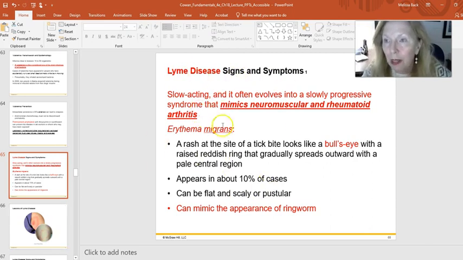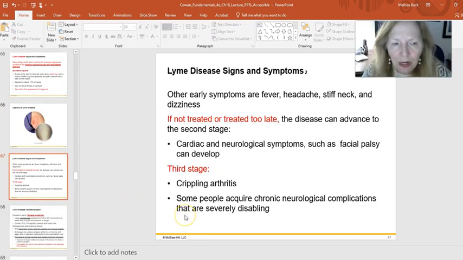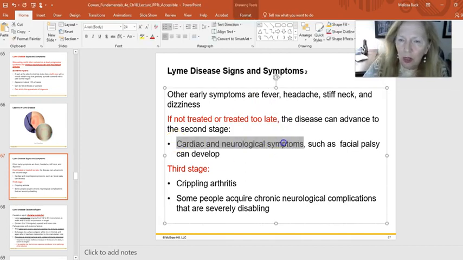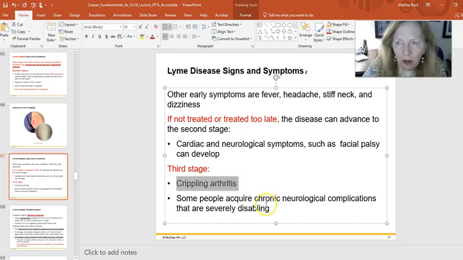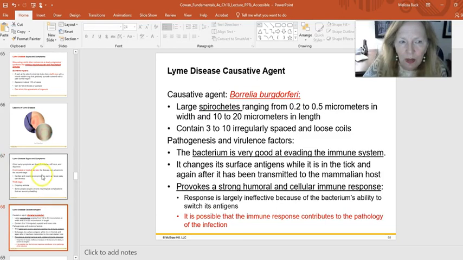The important thing about Lyme disease is that the treatment happens in the early stages. And it's antibiotic treatment because it is a bacterium, it's a spirochete. So if people can get treated, they can get better. Now, if the treatment is held off, then the secondary and third stages of this can end up involving the joints. It can end up having systemic complications, so cardiac, neurological symptoms, even symptoms from the cranial nerves. So you can see crippling arthritis. This can be not great if it's not treated early, and it's important that it does get treated early.